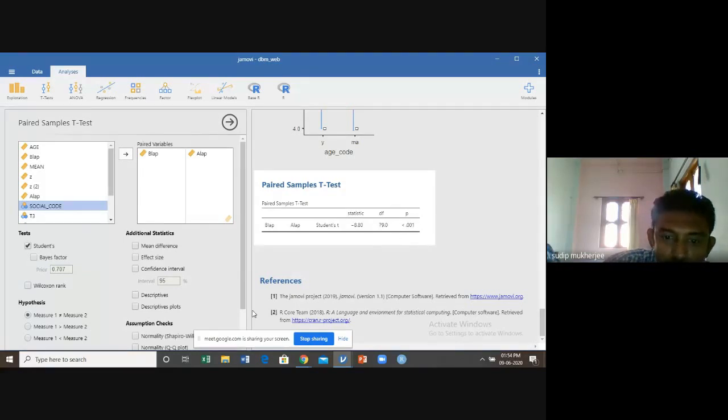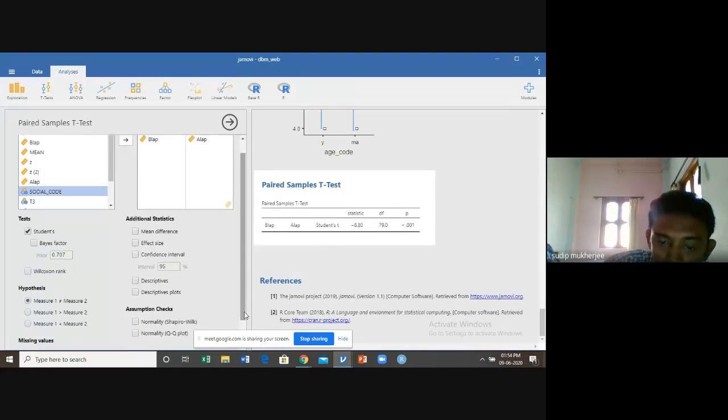As I told earlier, if the p value is less than 0.05, what is our interpretation? We accept this. It means before and after there is a difference of mean in terms of the computer uses, and that is basically the true fact. So there is a significant difference in computer uses before and after the lockdown. This is real data, this is not manipulated data.